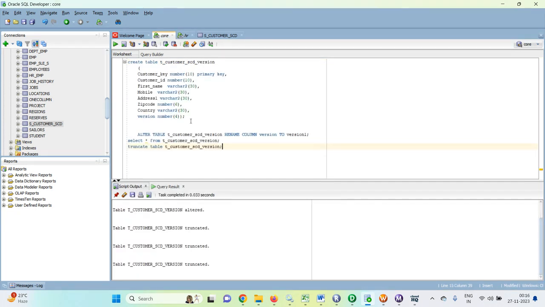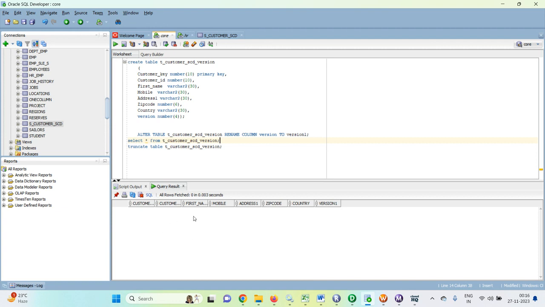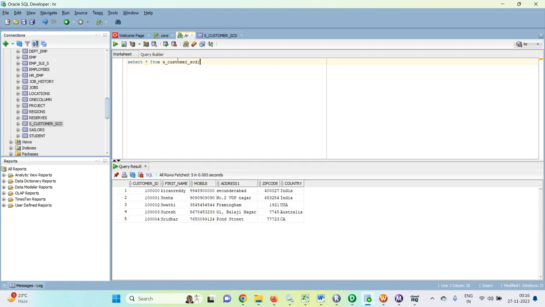If you see the target table, first we truncate the table T_customer_SCD_version. If we see the data, it doesn't contain any data. We have two extra columns here, customer key and version. Here the customer key is the primary key. In the earlier table, we have customer ID, and the customer ID is